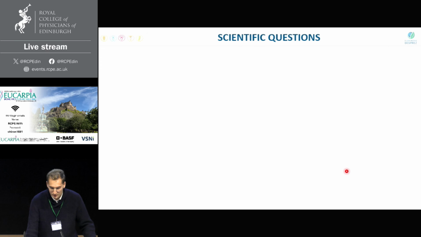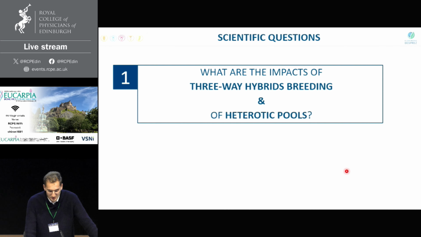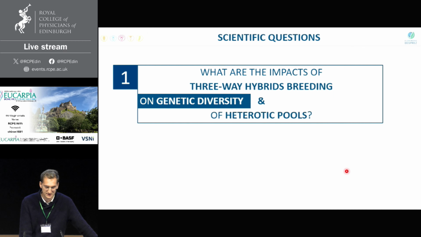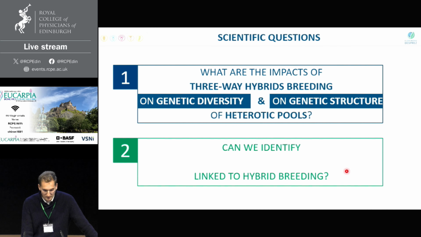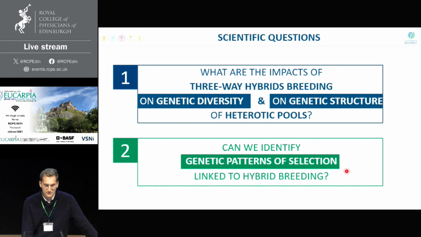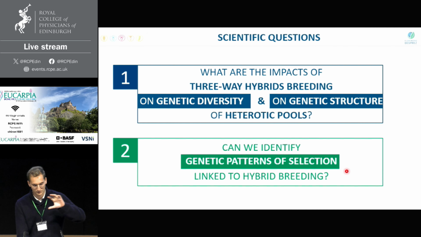So coming up with this, we asked ourselves several questions. The first is, after 60 years of three-way hybrid breeding, what are the impacts of three-way hybrid breeding both on genetic diversity and on genetic structure? And also, today, can we identify genetic patterns of selection, so selective sweeps along the genome, that are linked to this hybrid breeding? So I'm using 10,000 SNPs and